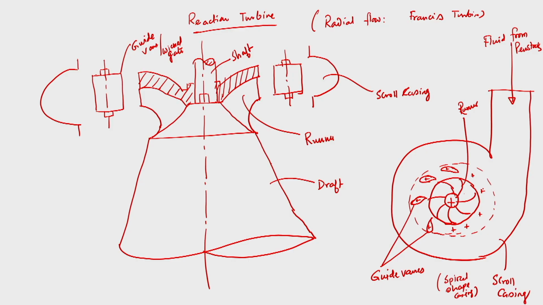Fine. Another important part of that particular turbine is the draft tube. What is the function of draft tube? When water is coming from the center of the runner, all the fluid turns into the axial direction and flows to the tail race level through the draft tube. This is another important part of this turbine. So what is the function of draft tube? Let me discuss that.